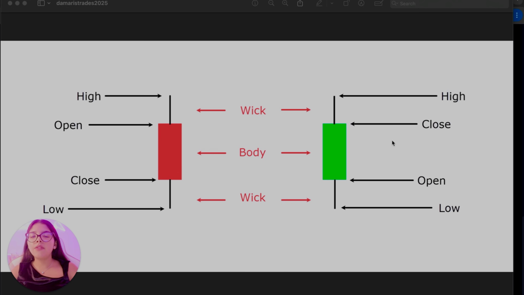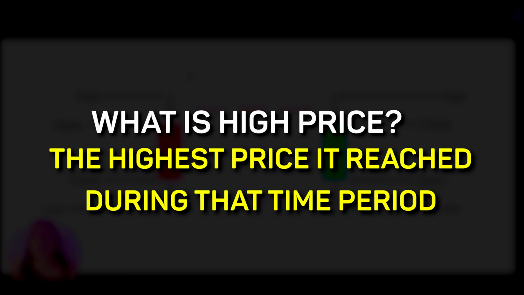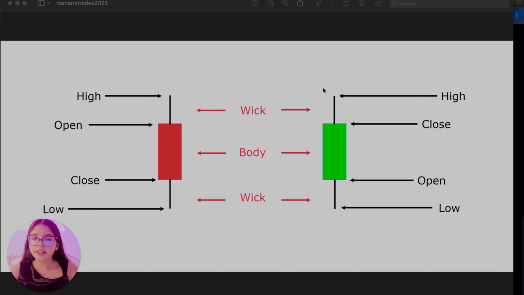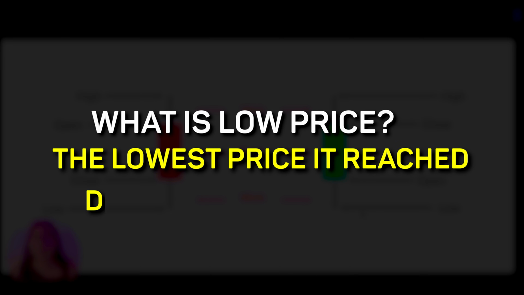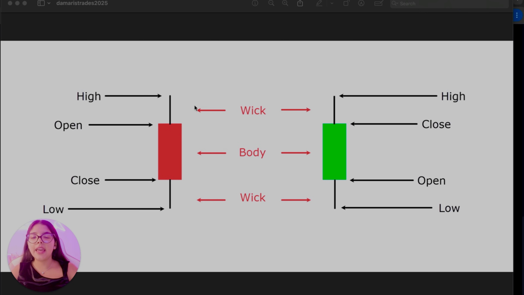We also have other prices that we could identify on our candlestick, such as the high price. So on a red candlestick and on a green candlestick, the high price is both the highest price it reached during that time period. So it will be the highest wick we see during that time period. We also have the low price. The low price is the lowest price it reached during that time period. So you could notice that a candle has its body and it also has these thin lines, which are called